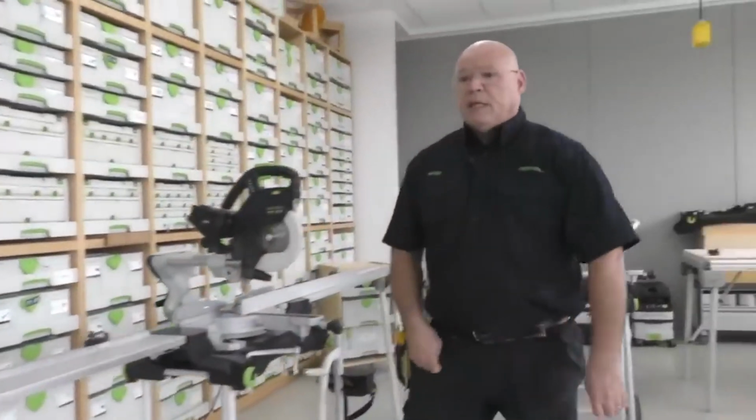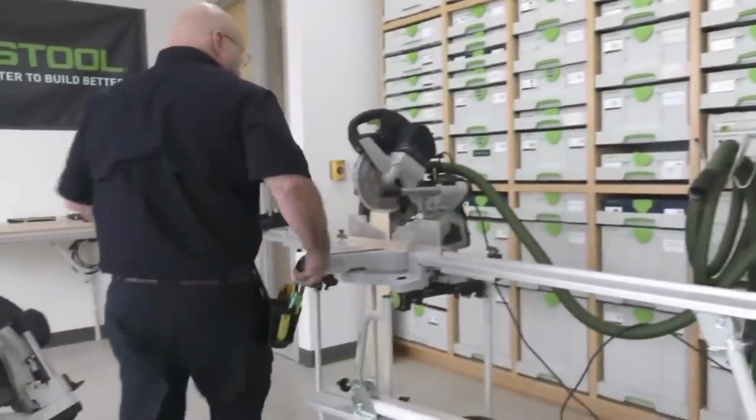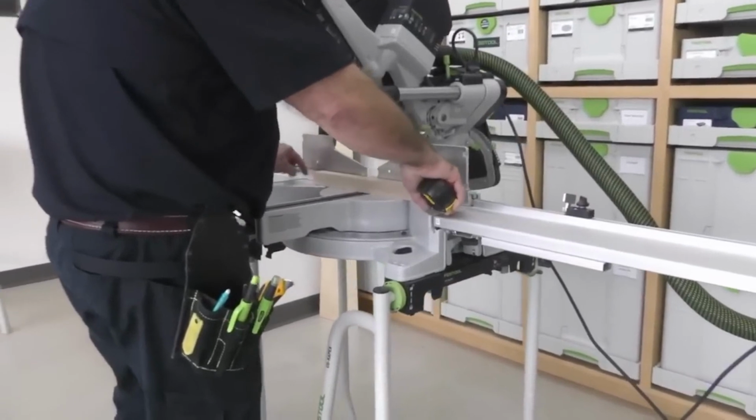But I want to call this one out because everybody who came into the training center way back when used to come over and say, hey, look at this. And I just did a Festool sedge on this. You see this right here? You see the